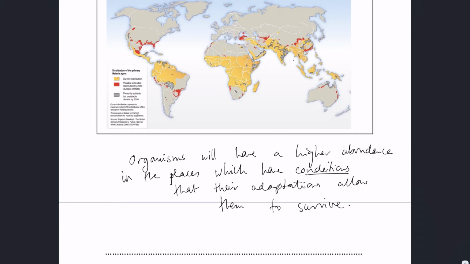Okay? So you have a polar bear, for example, and the polar bear has got adaptations to a particular area,